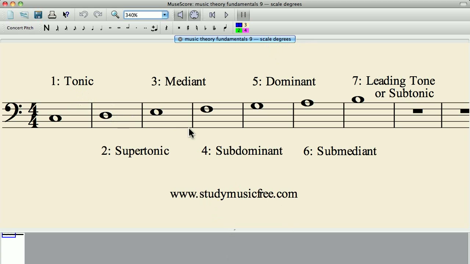Okay, so in our last lessons about scales, we talked about how scales are a collection of pitches from the octave, and scales are most typically identified by the number of pitches that they have and the spacing between the pitches within the octave. So we talked about whole steps and half steps and how the diatonic scales are constructed. Each diatonic scale has 7 unique scale degrees. I've got a C major scale here on the bass clef,